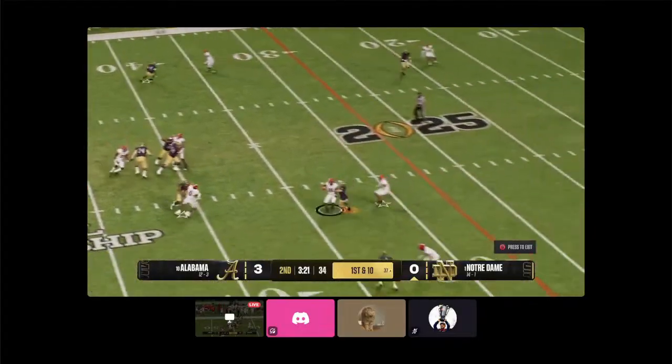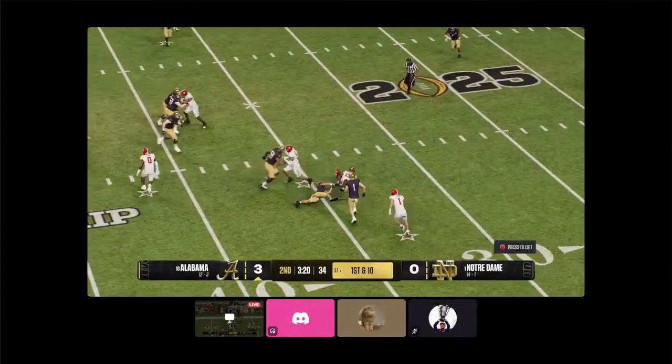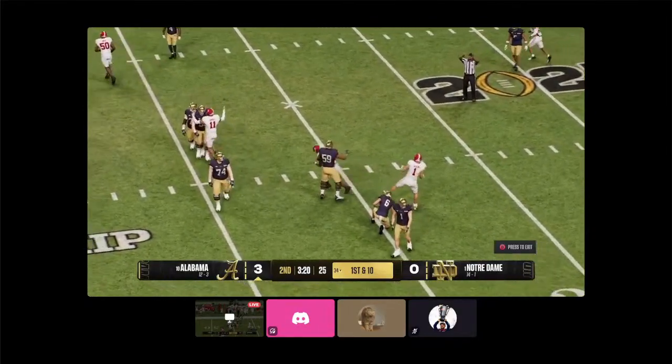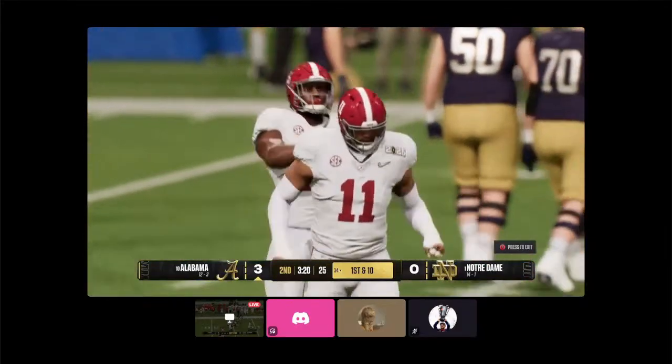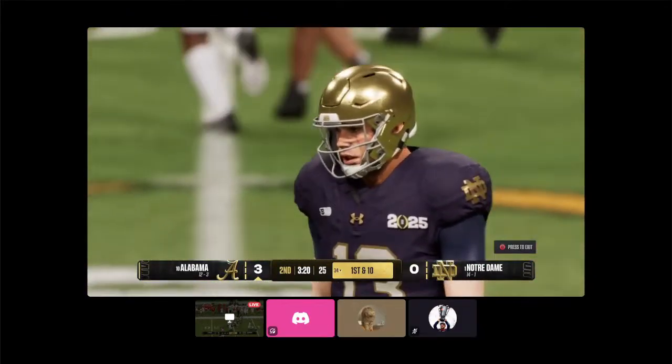Quarterback drops back from the shotgun. The pass is intercepted. Not much on the return, but that's an important takeaway. Sets up the offense at the 34. He didn't really seem to feel like he